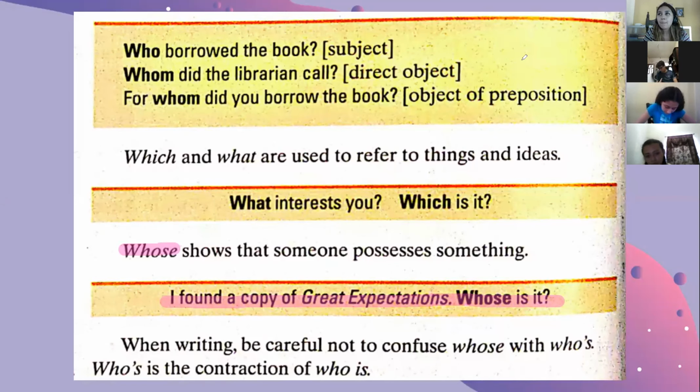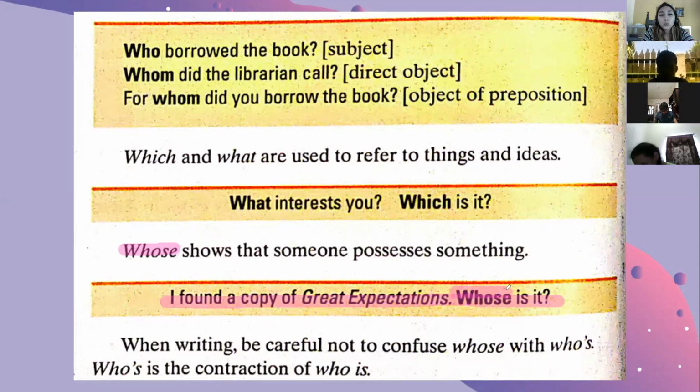Or whose mom is that? Okay, ¿de quién es esa mamá? O ¿de quién es este lápiz? Whose mom is that? Whose pencil is that? All right? So this is another one that you can use for making interrogatives when we're talking about a person. Miss, ese que está rosado lo cogimos también. What? Yes, but wait, I'm going to explain first, okay?